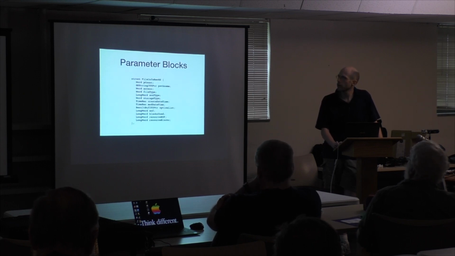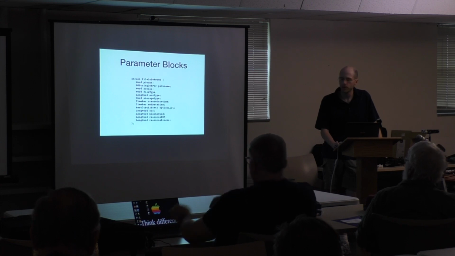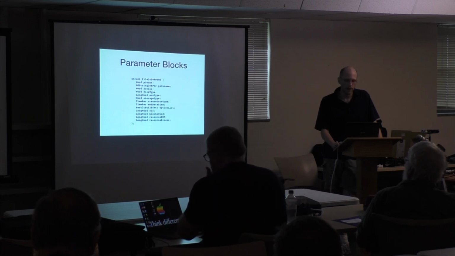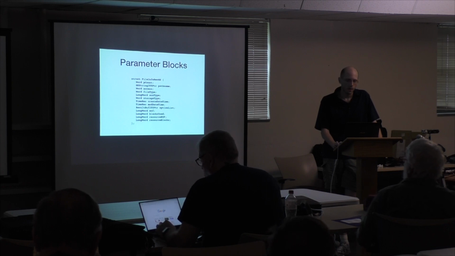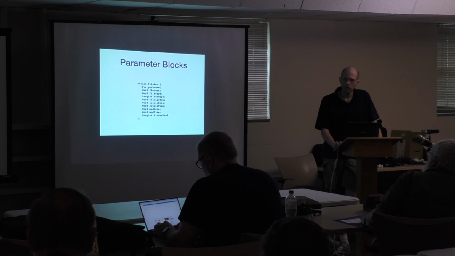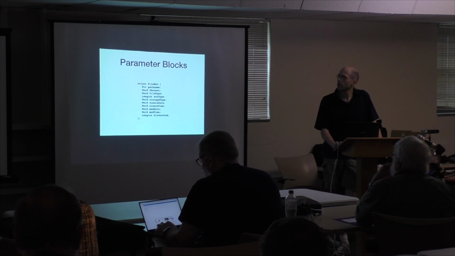So parameter blocks generally look like this. It's a structure. You have a parameter count followed by a bunch of fields. Some of them are input fields, some of them are output fields, some of them are input and output fields. And they also could look like this because